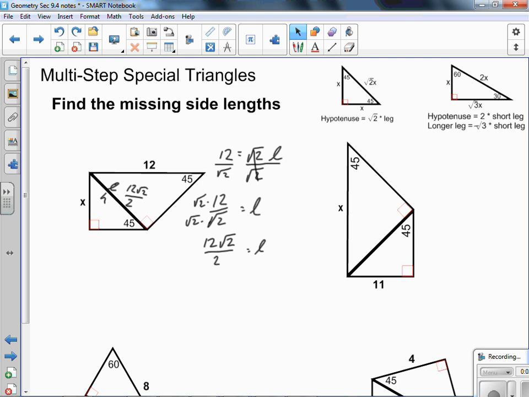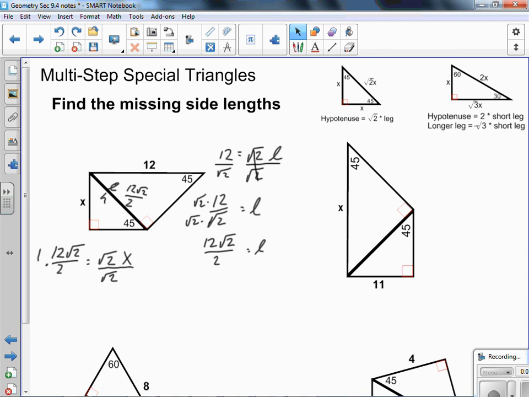So now we can transition from that being the leg to being the hypotenuse for the other side. And now we're basically going to do the exact same thing again. All right, so this 12 square roots of 2 over 2 is now the hypotenuse, and we want to find out the leg. So the hypotenuse, 12 square roots of 2 over 2, is equal to the square root of 2 times the leg, which is x. So to get the x by itself, try and divide by the square root of 2,